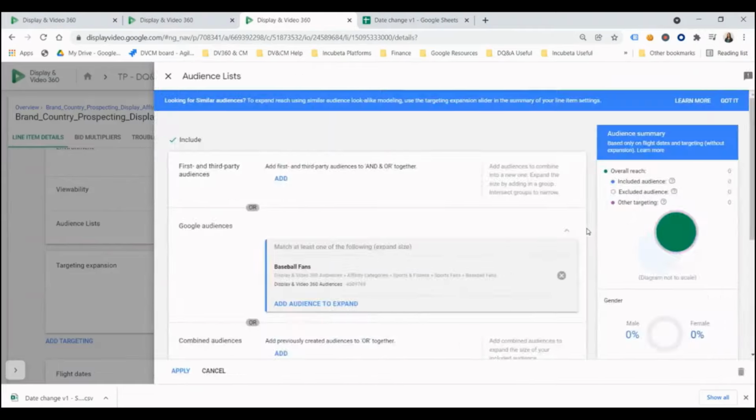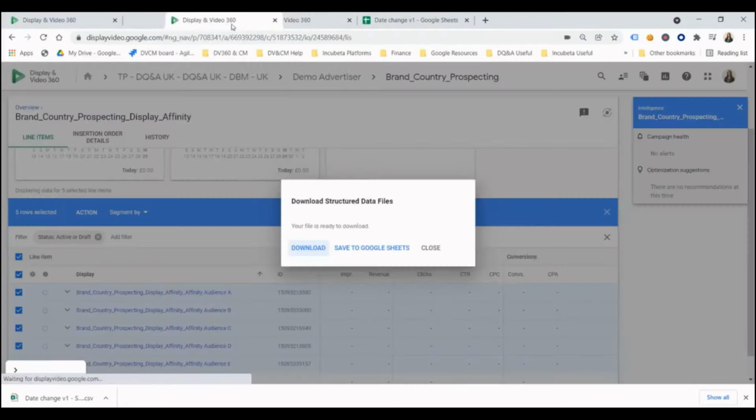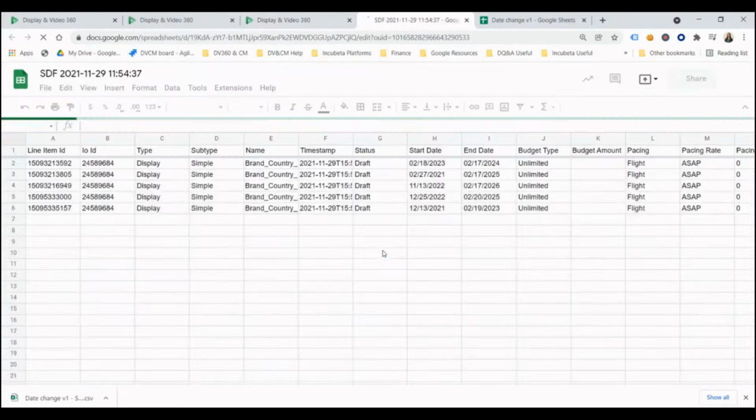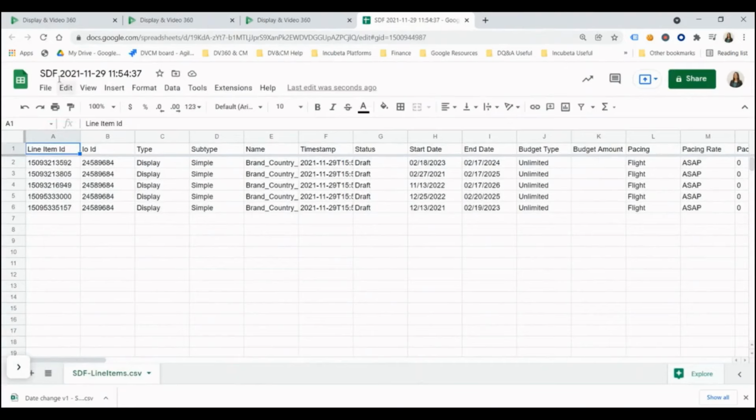So for example, I'll take the media and entertainment ID. So the IDs that you find in the platform are exactly the same IDs that you can then use in your structured data files. So I have just copied this ID for media and entertainment, and my file is ready to be opened in Google Sheets. At this point, I have already uploaded the date change v1 file, so I can get rid of this tab. And I can name this tab